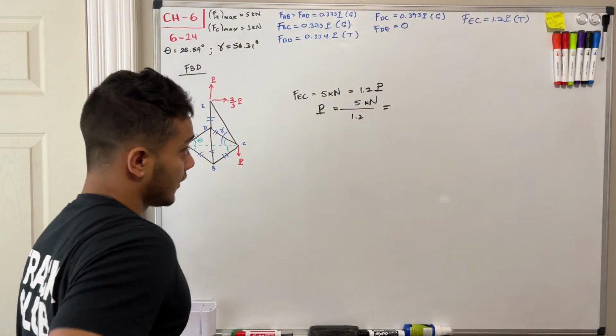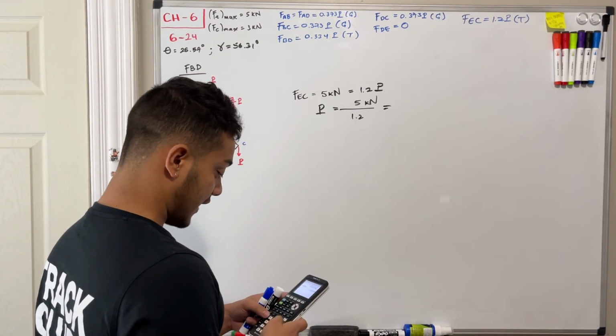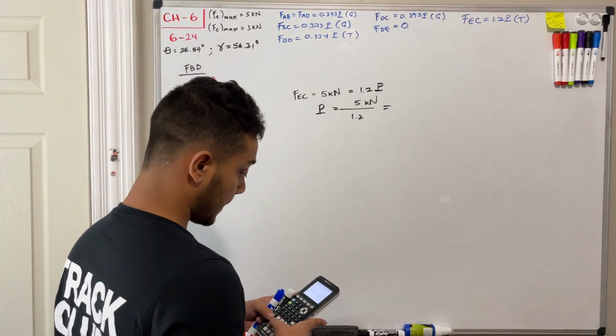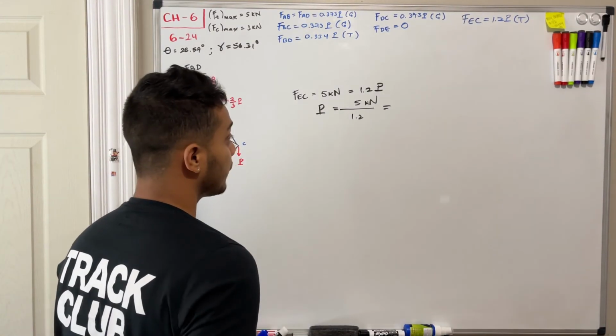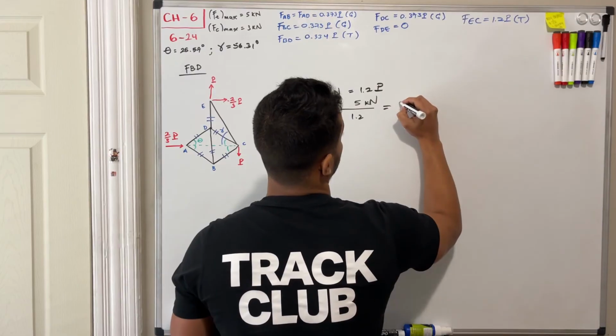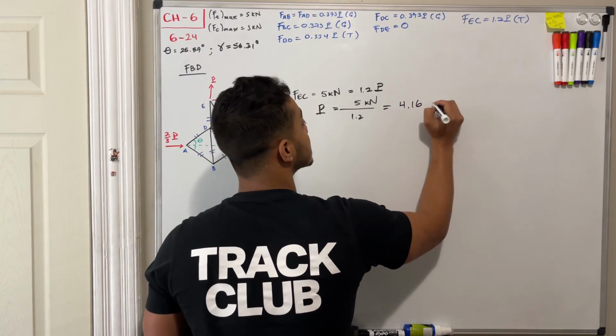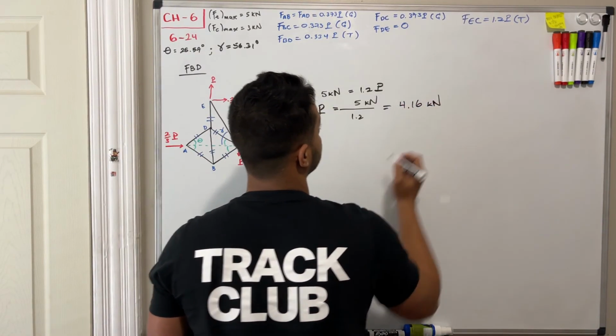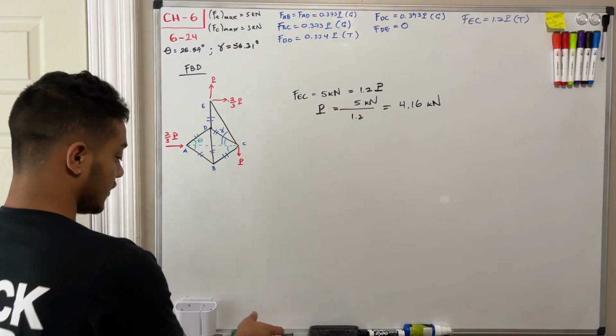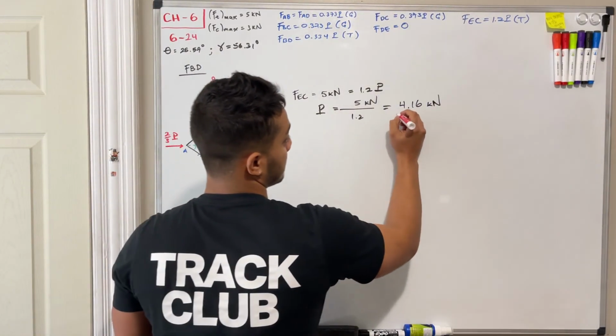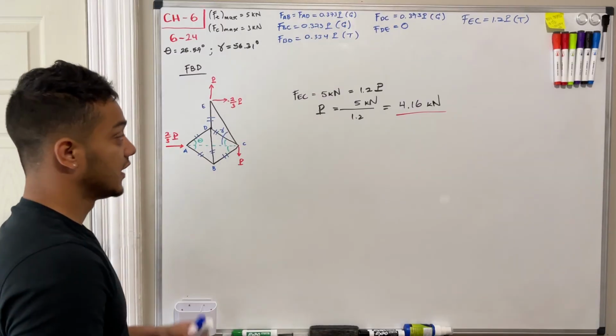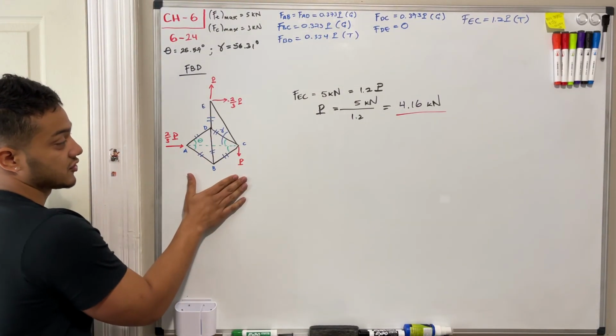Last thing, and we're done with the problem. So 5 divided by 1.2, and that will give us 4.16 kilonewtons. Okay? This is the maximum force that this truss can